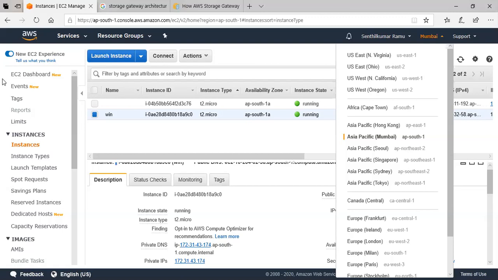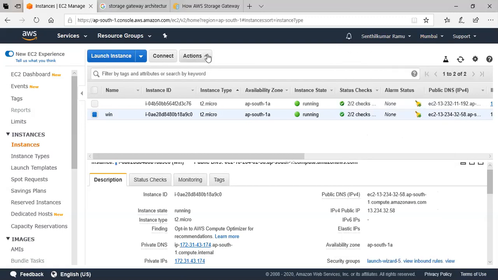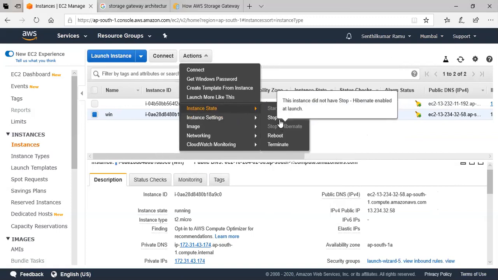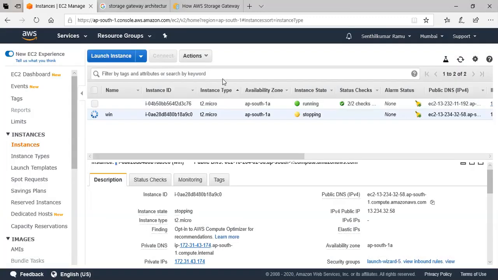You have an instance of a Windows server, and you need to protect this in EC2. So how will you do it? What I'll do, I'll go and stop it. Yes, stop.